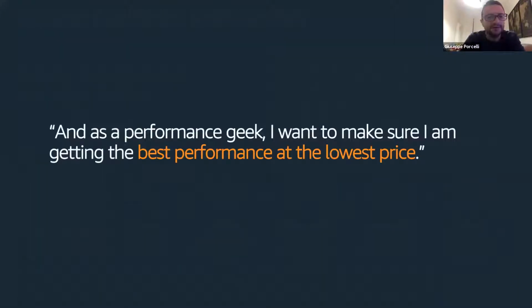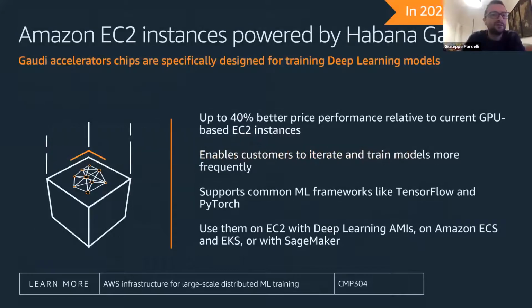A couple of announcements also at the infrastructure level to make sure that you can get the best performance at the lowest price. In 2021, we will announce EC2 instances that are powered by Habana Gaudi processors. So the idea is that you can get 40% better price performance compared to the current GPU-based EC2 instances for training your models. It supports TensorFlow, PyTorch, and so on, and will be available in SageMaker, but also on the AWS infrastructure, EC2 instances, and